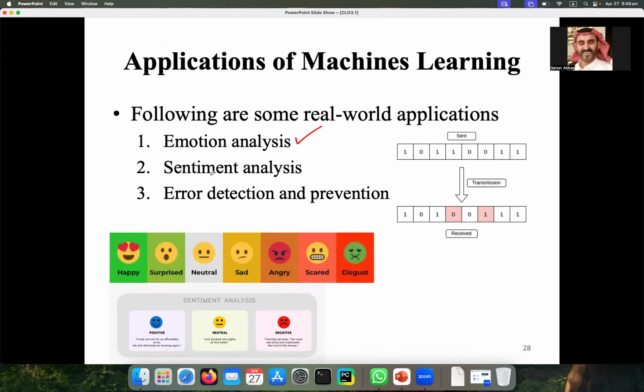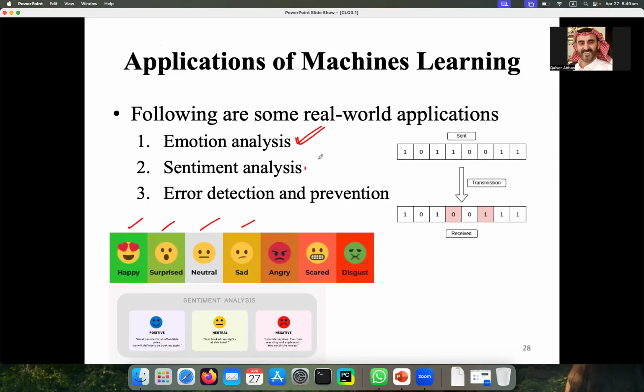For example, you have some text or you have some speech. After analyzing that text or speech, you can say that that person is happy, surprised, or his mood is neutral, sad, angry. So you are identifying the emotions through the text or the speech. This is the application of emotion analysis.